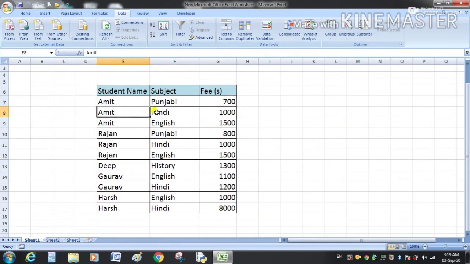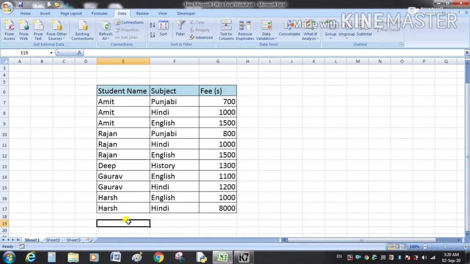Again, Amit for the subject Hindi is paying 1000, and for English he is paying 1500. Similar are the records for Rajan, Deep, Gaurav, and Harsh. Now we will see how we can apply the subtotal option on this data.